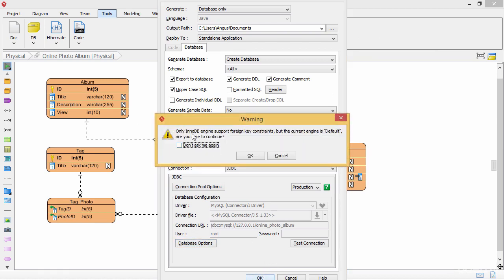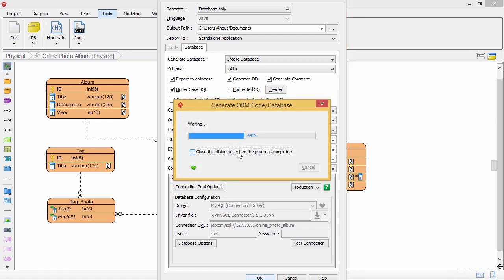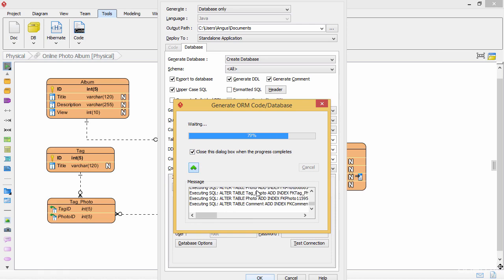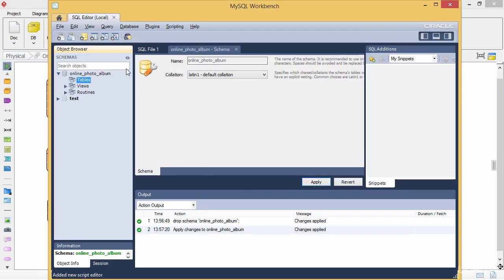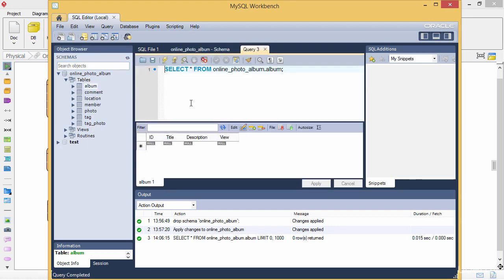Then it will warn that only InnoDB supports the foreign key. My database is InnoDB, so that's okay. Then just generate. You can see it executing the SQL. Now it's generated. Then I go back to the MySQL Workbench. You see the tables are now generated, the columns are empty. Of course, I just generated from Visual Paradigm. Okay,